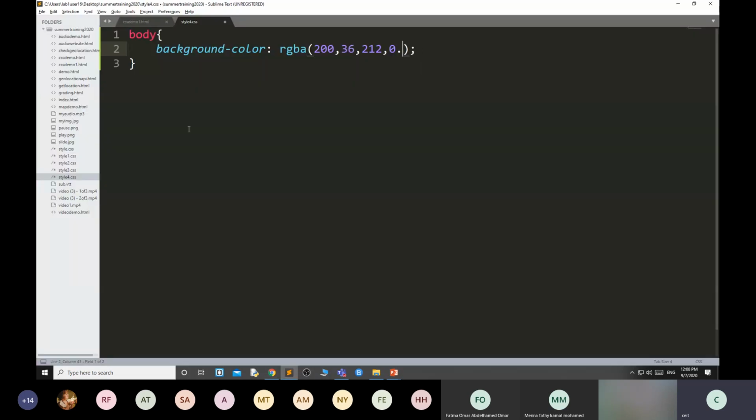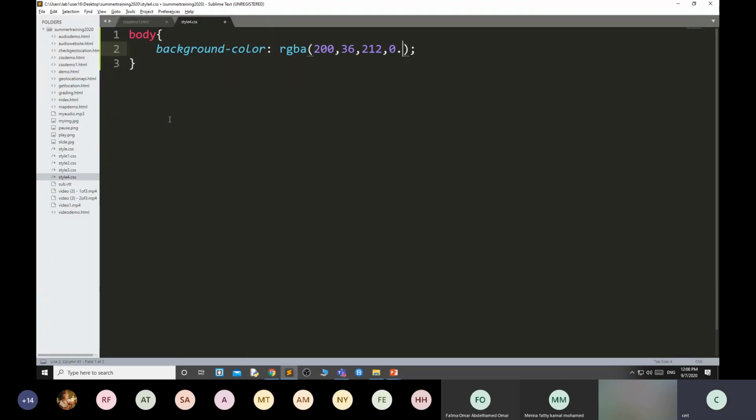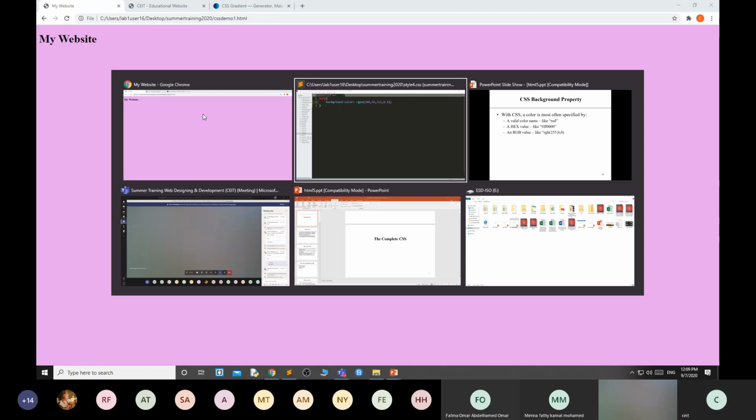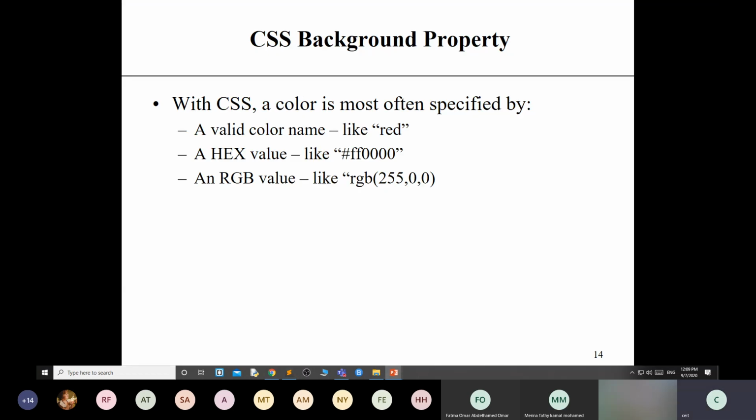If you want a little bit more, 0.2, then 0.4. This is the third way, RGBA. These are the three different ways to apply the color.